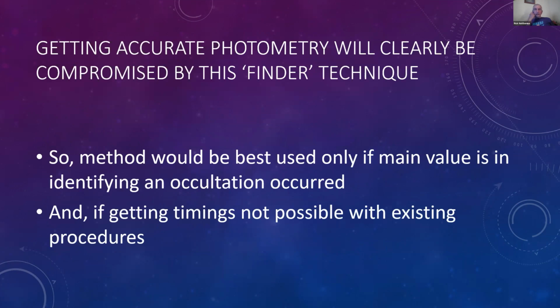Now, the photometry will clearly be compromised by this idea. When you're just moving your background and range to wherever you need to make the star optimally visible, then you're going to lose accuracy and baselining for your brightnesses. So the utility of this is mostly for asteroid occultations, not for things like planets or moons with atmospheres where you're trying to diagnose the atmosphere. But most of what we do is just asteroid occultations or things where there's no atmosphere involved and you just want to know whether it disappeared or not.